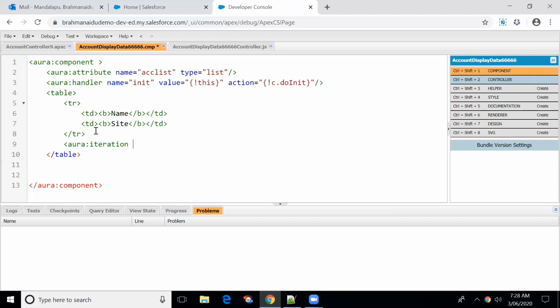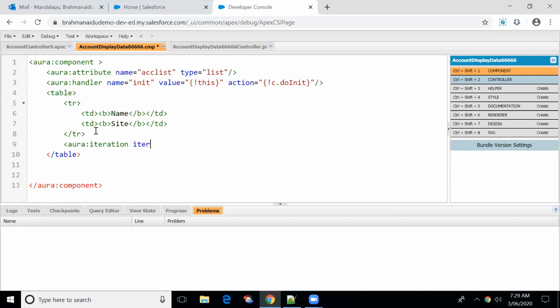If it is a single record, then we simply use that reference variable name, which should have a set and get method. Same thing in the lightning component. But since we are going to display multiple records, we should write aura iteration.